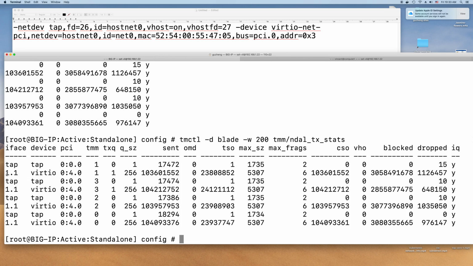As you can see, the 1.1 interface is the second network interface. See, it has PCI bus 04.0. That's for the data plane. It's a Virtio device, and the driver is